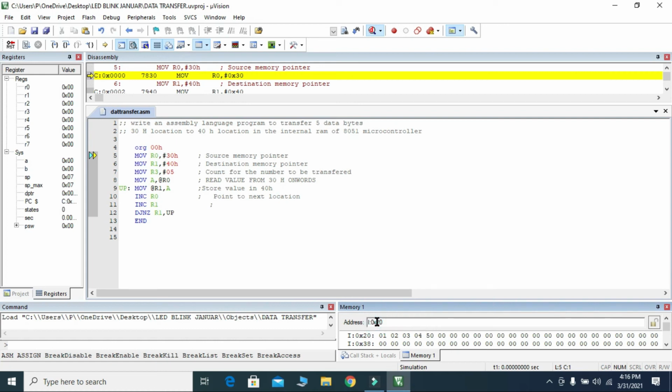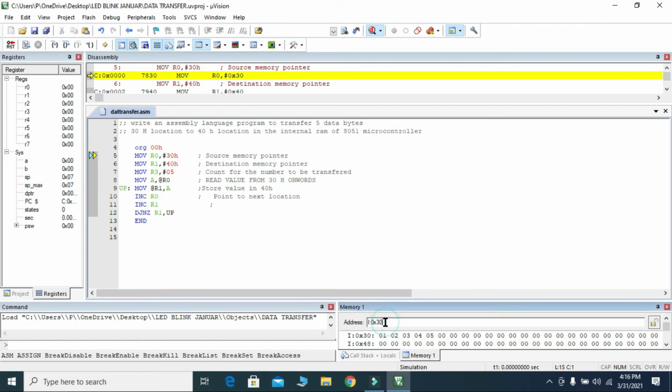In our program we wrote 30H, so here we also need to type 30H. Again 01, 02. You can type any value here. This is just for example, 04, then 05.